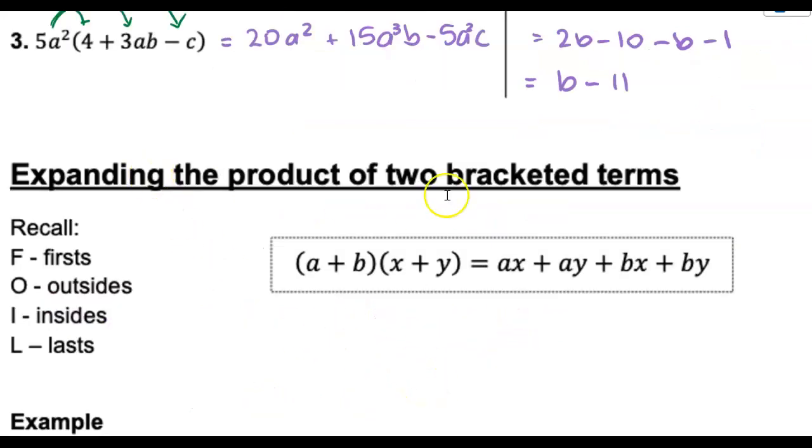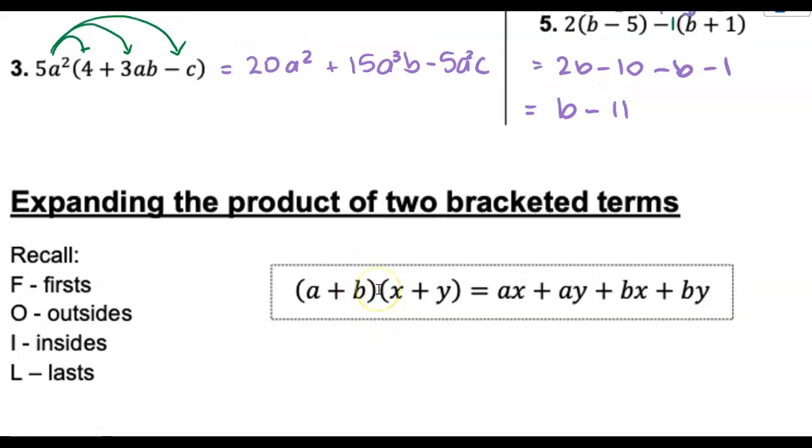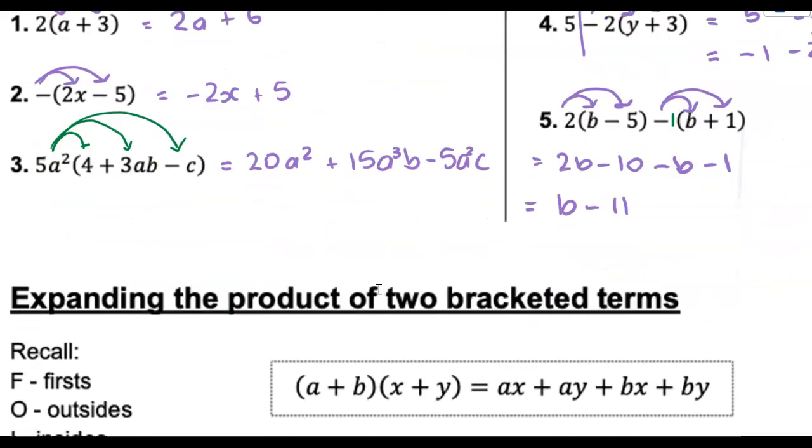Now we're going to expand the product of 2 bracketed terms like this: a plus b times x plus y. Now you may have used FOIL in the junior school. You can still use FOIL to expand it, but I would prefer that you didn't use FOIL and you understand what you're doing. So we're going to basically incorporate what we learn up above in expanding our single bracket to